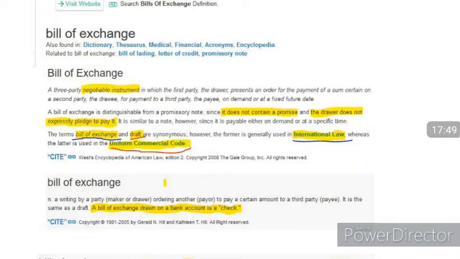It's going to get a little bit clearer, but I'll try and break that down before we go in. You could say, in a sense, the drawer would be that individual we're talking about. Now, to present an order for payment of a certain sum on the second party,